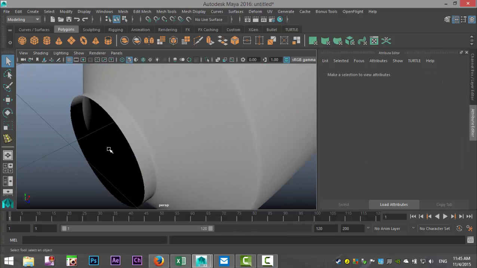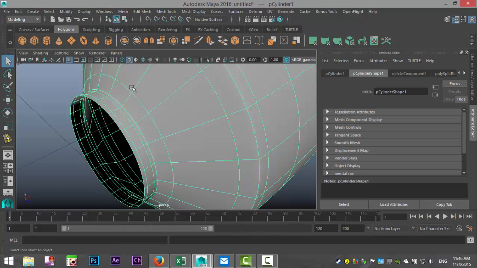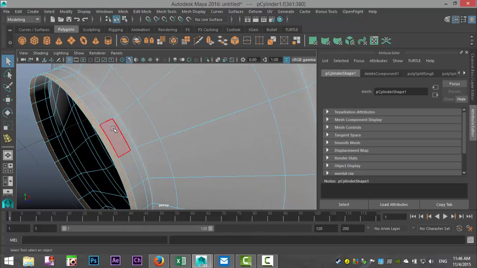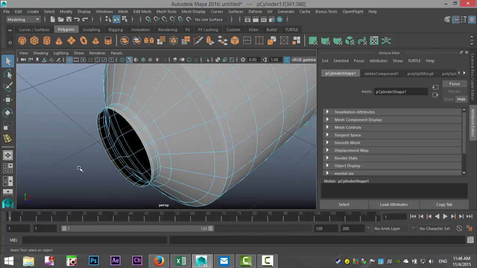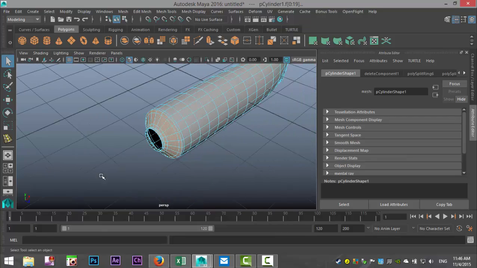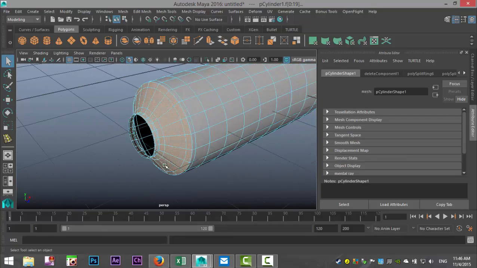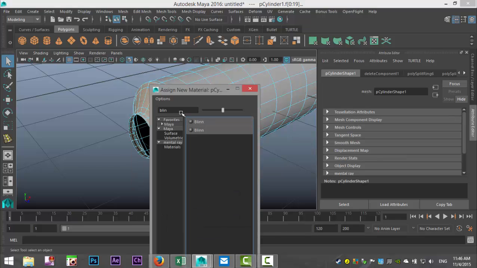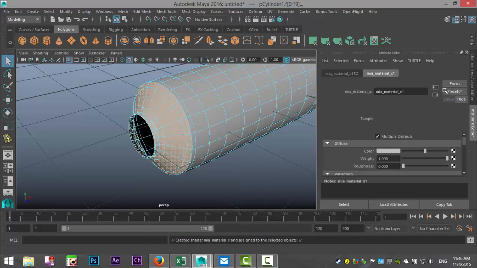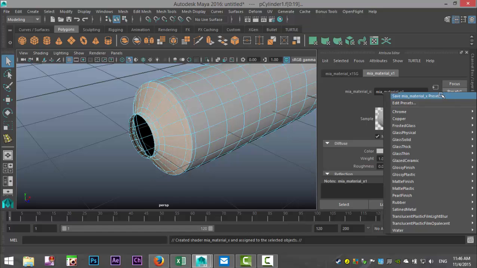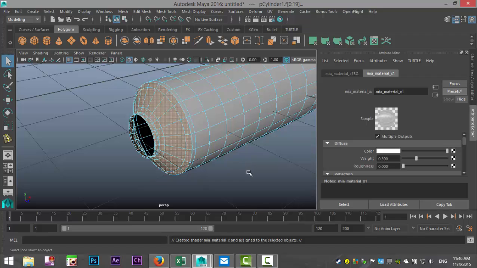All right. We're going to go in, right click, go to face, and select that entire face row, and then hold down shift and hit period to increase the selected area. And for this material, I want this to look a little bit like aluminum. Okay, so we're going to right click, assign new material. We're going to go with the MaterialX, Material tab, presets, and let's see. Okay, satin metal, and replace. There we go.